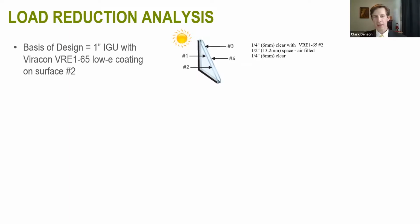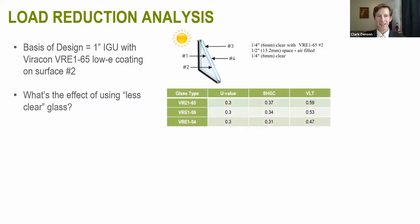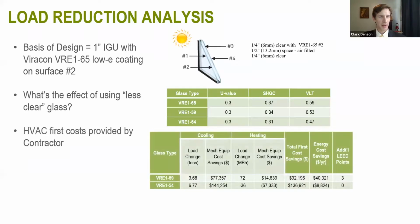But both we and the architect were interested to know what would be the effect of using what they called less clear glass, or glass that had a lower solar heat gain coefficient and lower visible light transmittance. And so we used this in the energy model to assess what the effect was. And we also had help from the contractors to provide the first cost estimates of the HVAC systems. And first we found that with the VRE 59 coating,